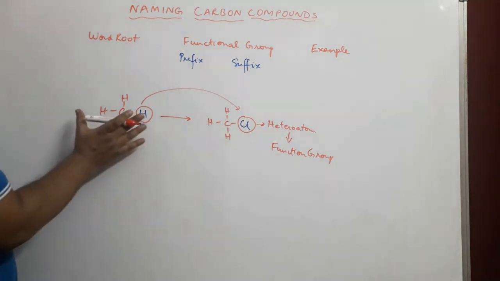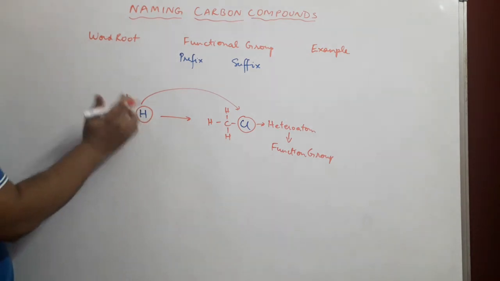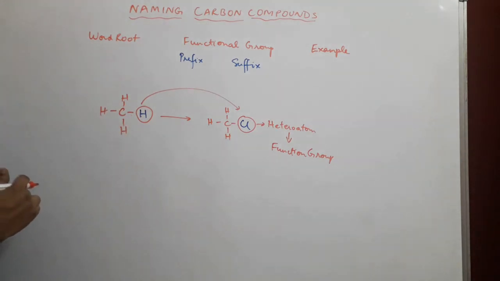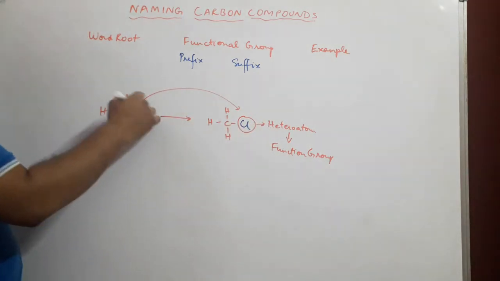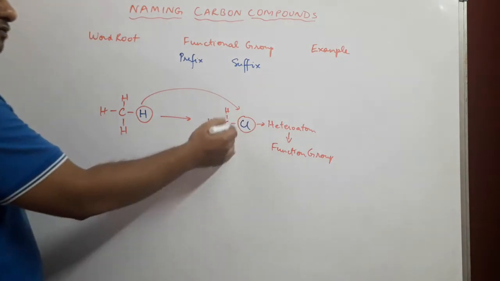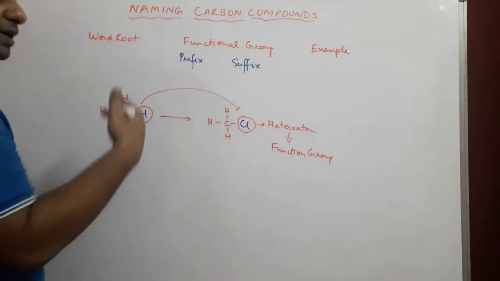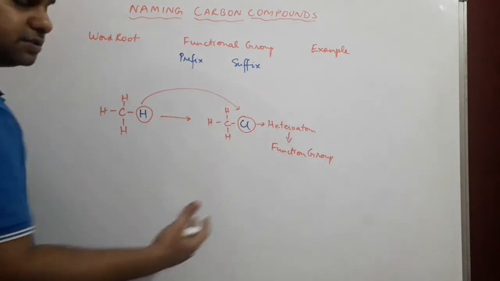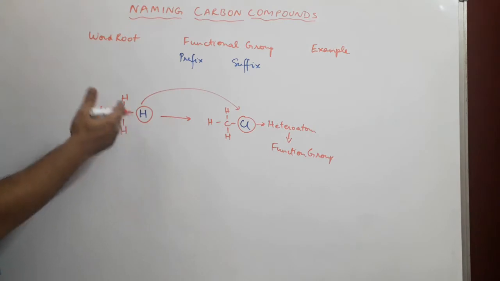It no longer behaves the way it was behaving when this hydrogen atom was with these other three hydrogen atoms linked to the carbon atom. It behaves quite differently. Okay? So the atom that replaces the hydrogen atom is known as a heteroatom, and that heteroatom is referred to as the functional group of that compound because it gives the compound a different set of functions.